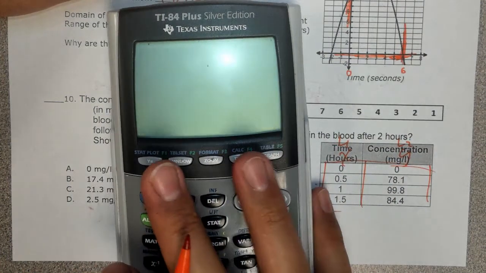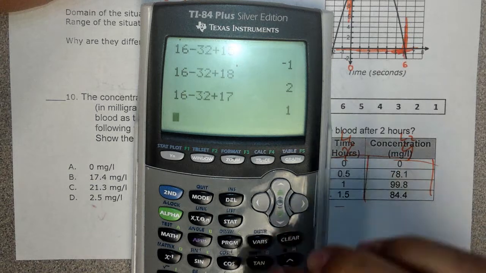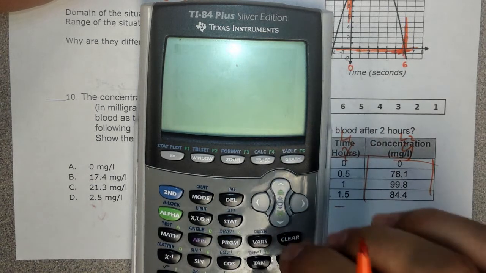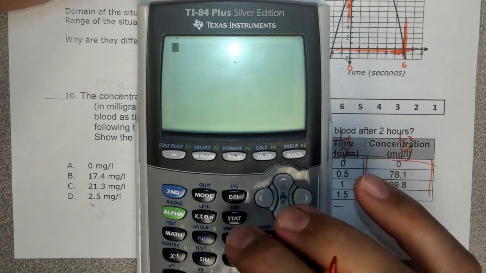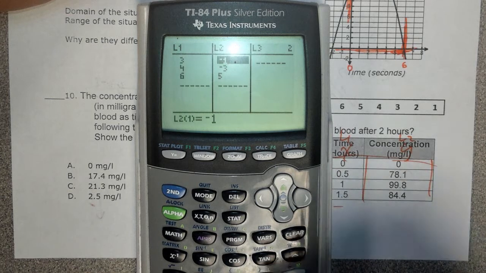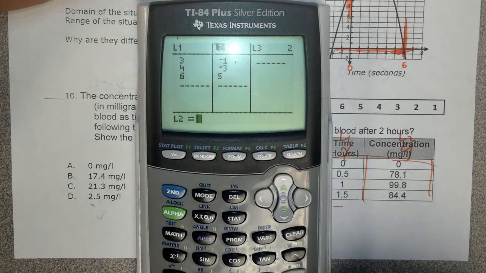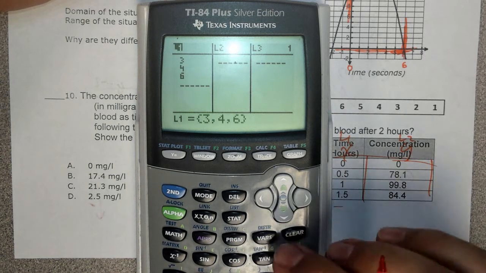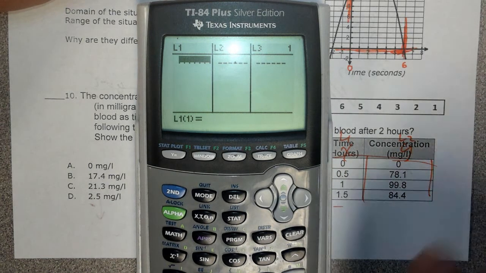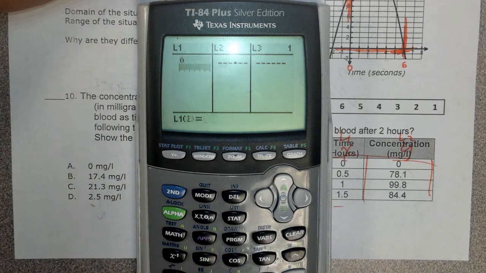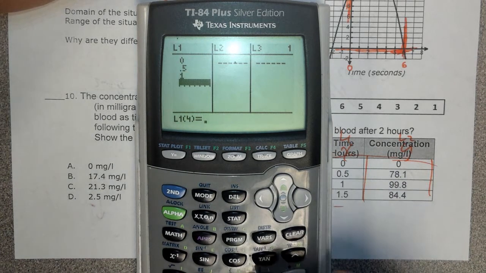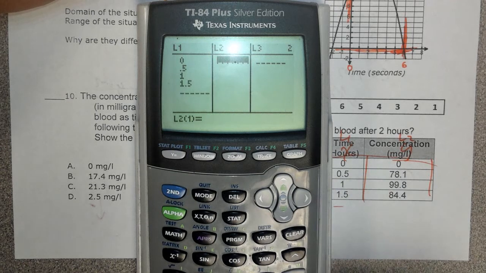So let's do the regression from the calculator. Go ahead and clear all this out. So I'm going to put this in. I press Stat, Edit, go ahead and clear these out. Go up, clear enter, L1, clear enter. And let's start typing in 0 enter, 0.5 enter, 1 enter, 1.5 enter, and then we have 0,